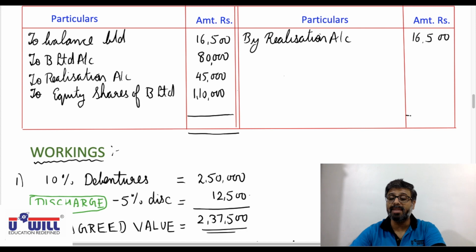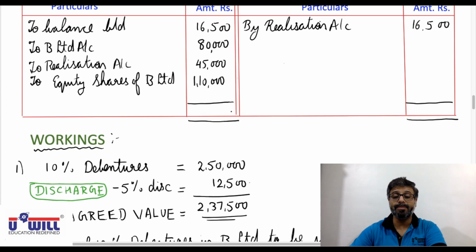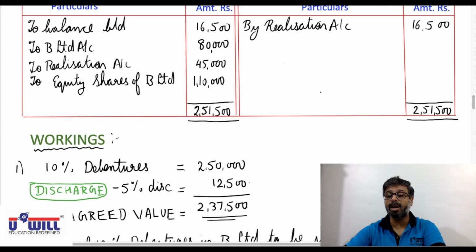See, this is the reason we are making cash and bank account, to find out the amount to be paid to equity shareholders. So debit side total 16,500 plus 80,000 plus 45,000 plus 1,10,000, 2,51,500. Both the sides 2,51,500 minus 16,500, so 2,35,000